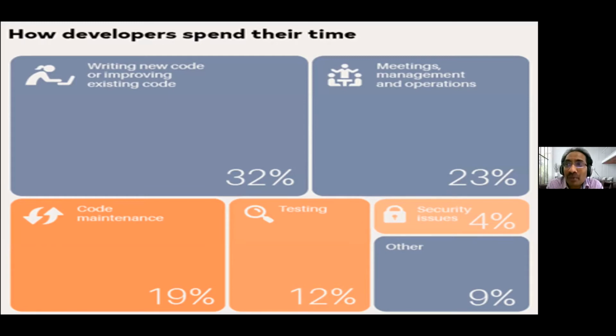So please always look at where all I'm spending my time and money. This is one of the statistics which gives you very clearly that developers are spending only 32% of their time on writing new code. It is again an average in one context, and it may differ. But I would say even 32 can be a bare minimum; it cannot go up much in large enterprise code.